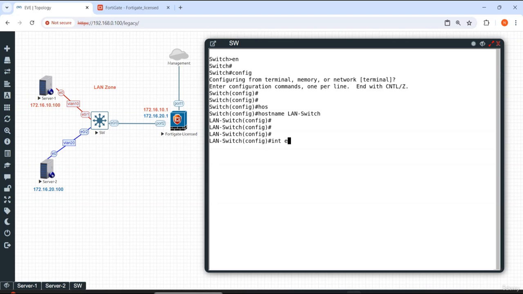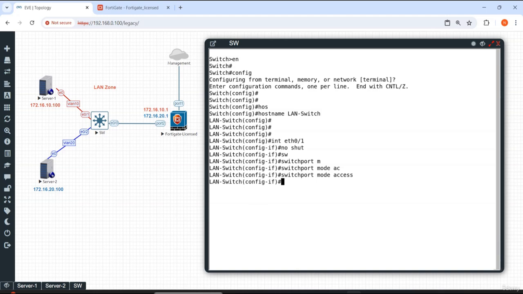I'll start with Ethernet 0/1. All right, so no shut. It is part of an access port to carry VLAN 10 traffic, right? Switchport mode access. So I'm declaring this particular interface as an access port. Then I need to define switchport